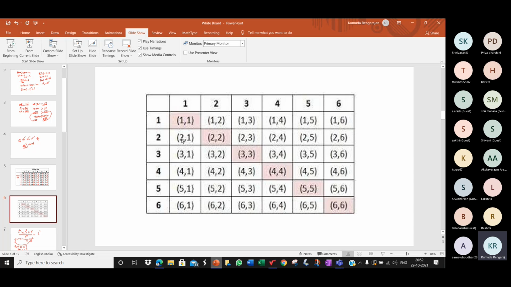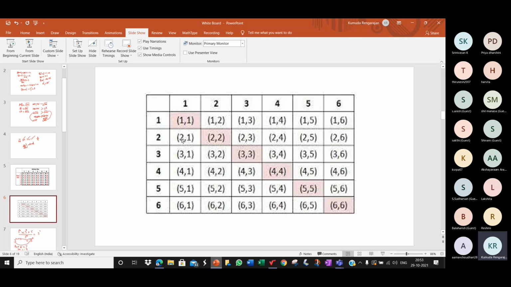Like if we say getting an even number on the first die and an odd number on the second die, that means even should be only on the first die and odd should be on the second die. But if we say even on one die and odd on the other die, you get the difference, children? Yes, ma'am. Now, be careful in selecting the favorable outcomes. When they say first die, second die, that order is important. But when they say one die, other die, it is different from first die, second die.